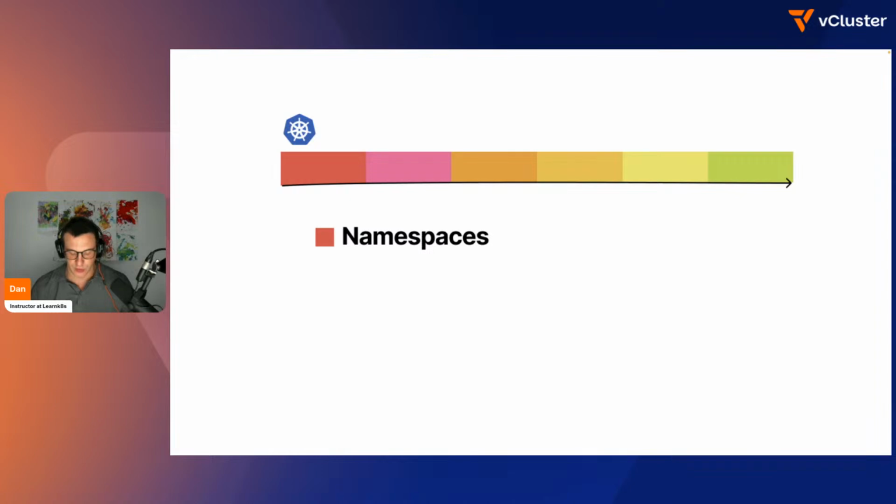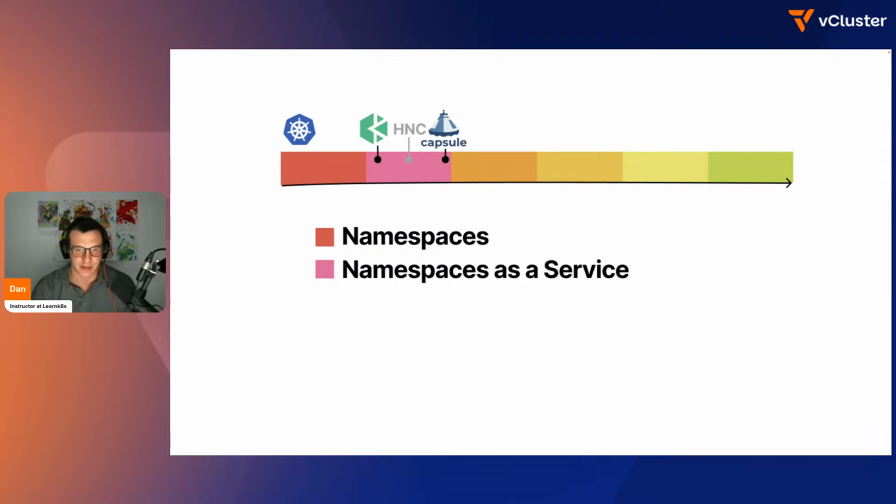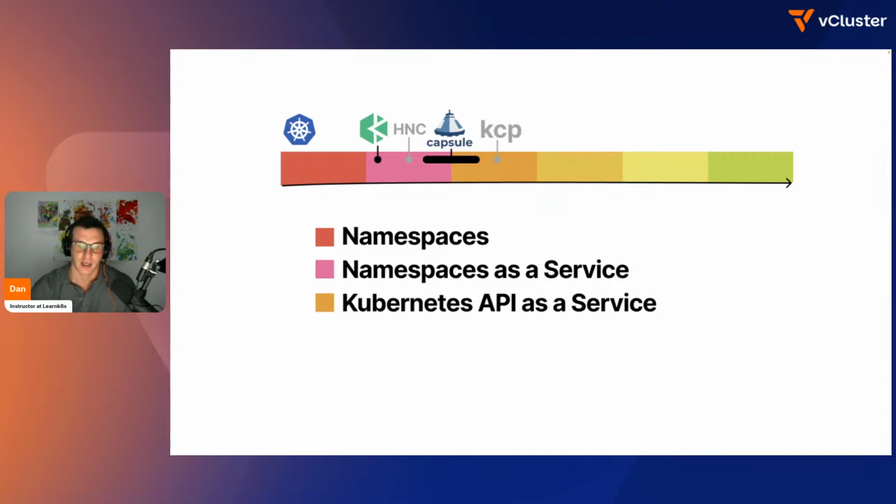Now, we touched on 5 or 6 different ways you can do multi-tenancy in Kubernetes. We touched on namespaces. Then we had a look at Namespace-as-a-Service, where we have several components like quotas and limit ranges all packaged into one. So these were a few tools that we explored. And then we had a look at wrapping the API, so we can basically filter what goes through the API with a proxy, and we can do some interesting logic with that. In this space, we basically have Capsule proxy. So Capsule basically covers both of the areas for Namespace as a service and Kubernetes API as a service,